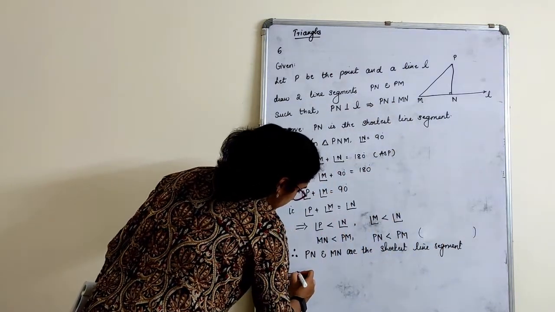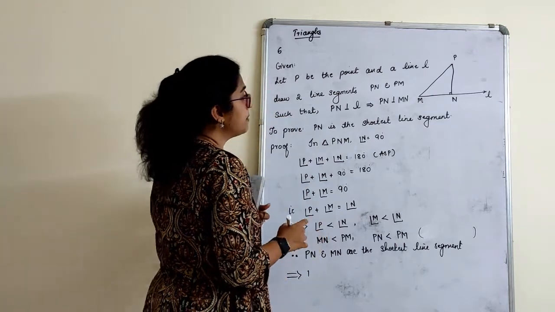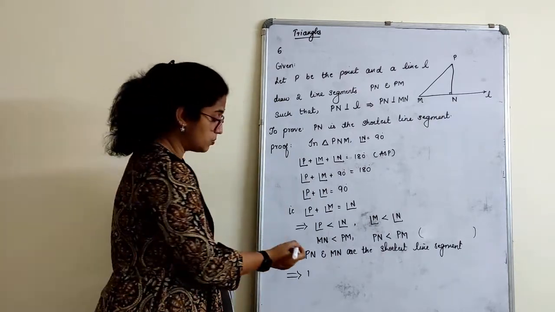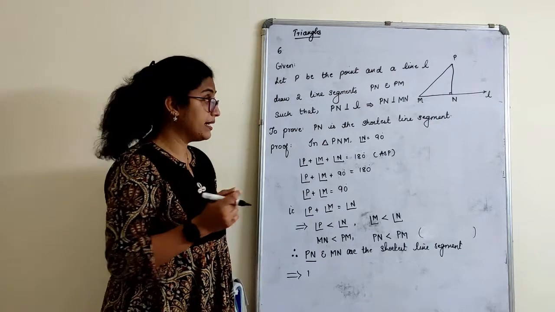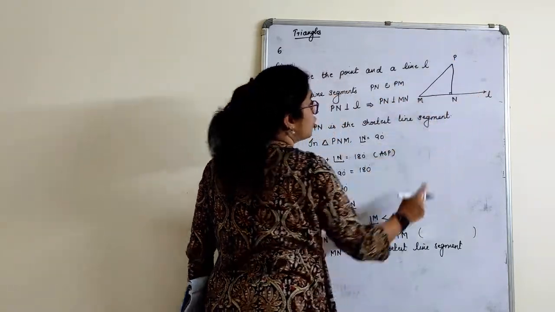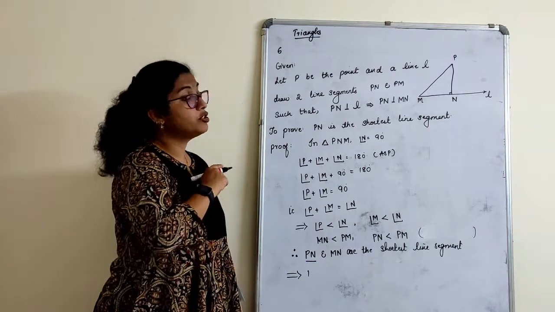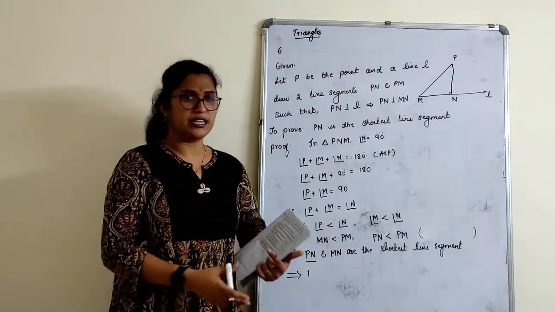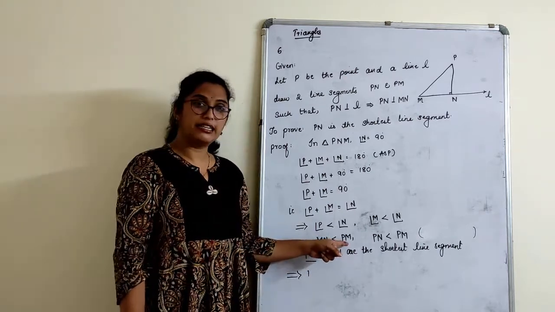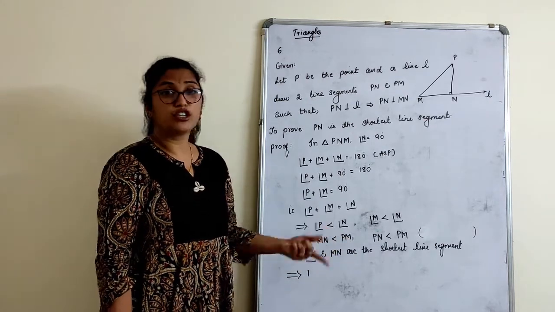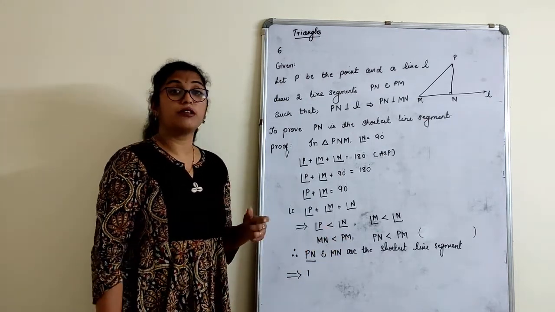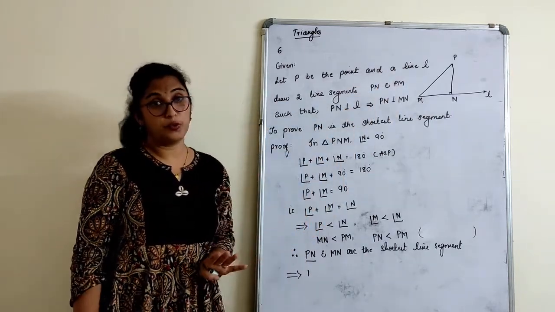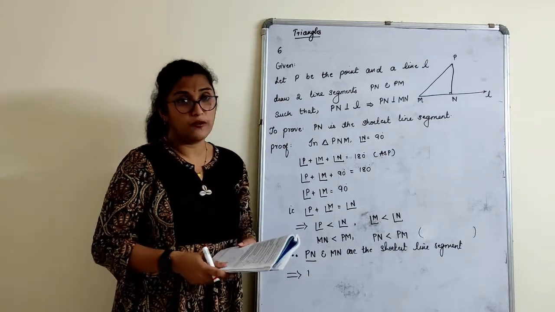This implies, write once again, you can write that the perpendicular drawn to the line L is the shortest line segment. That is what this is. You can give the conclusion: the perpendicular drawn to the line L is the shortest line segment. That is all. Now if they ask you to prove that hypotenuse is greater, we again say that yes, it is greater. Now they are not talking about hypotenuse. Now they are talking about the other two sides. In that, which side? The perpendicular side we are talking about. So that is how we prove this sum. It is most similar to the first one what we have done.